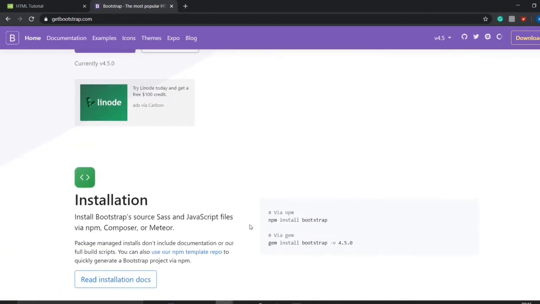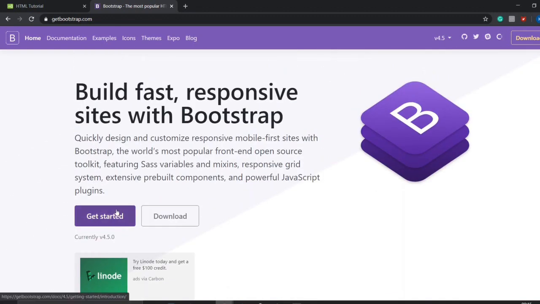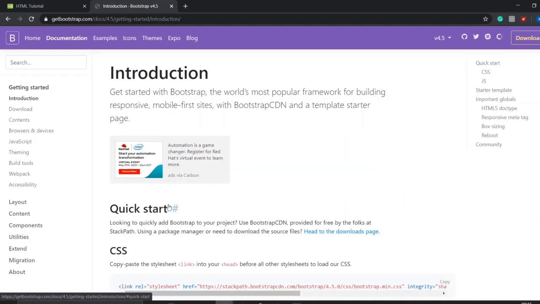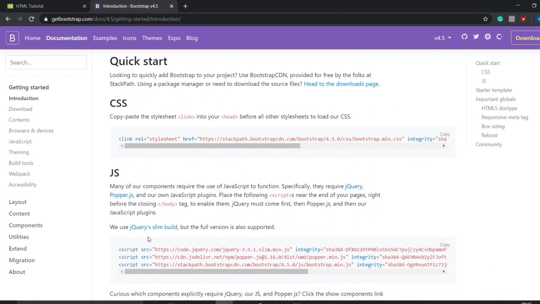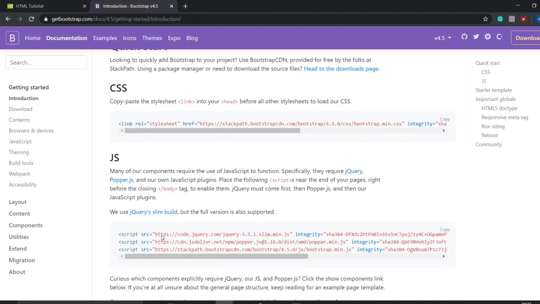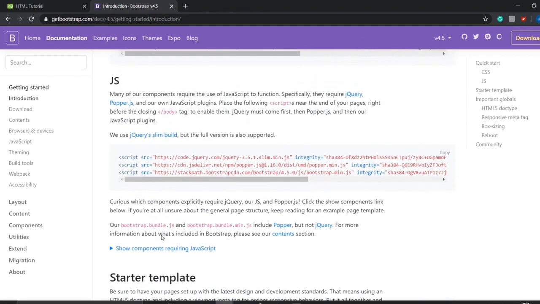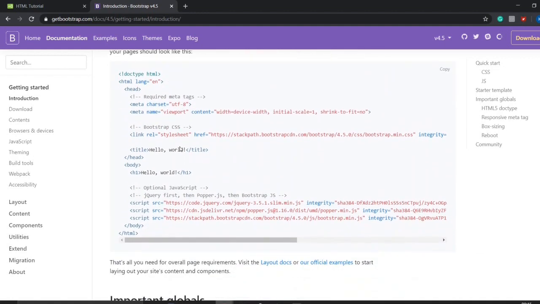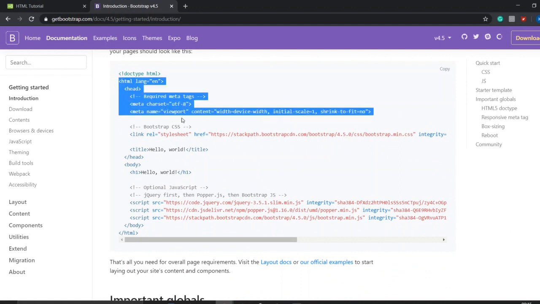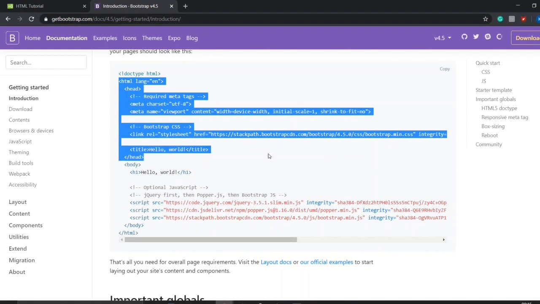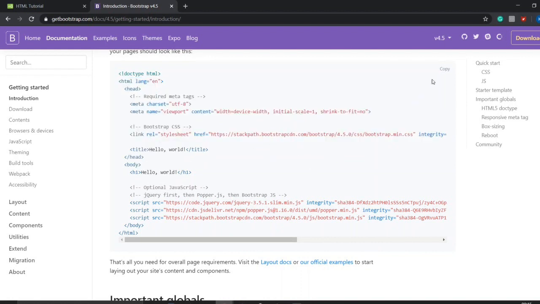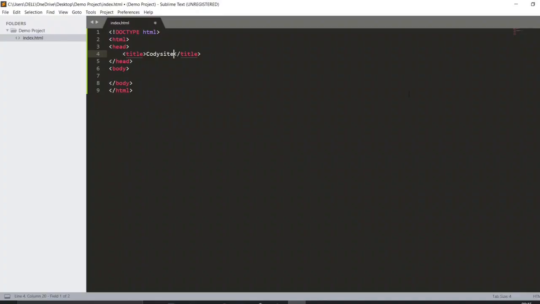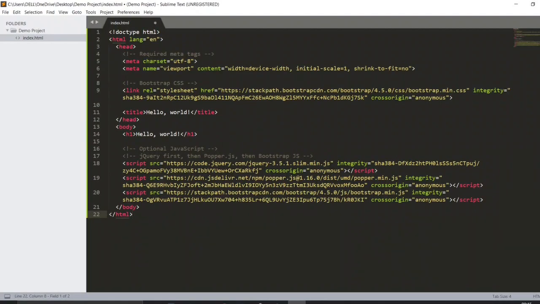And how to get started actually with these basic steps. Let's get started here, and it will be showing some quick start, and these are the separate links for JS, CSS and all. We just need to start with all the JS and CSS. See, here is a starter template with the same content: HTML, head, title, with the style sheets of the Bootstrap link here. We can just copy this by clicking here and say Ctrl A and B, and we can just change your title here